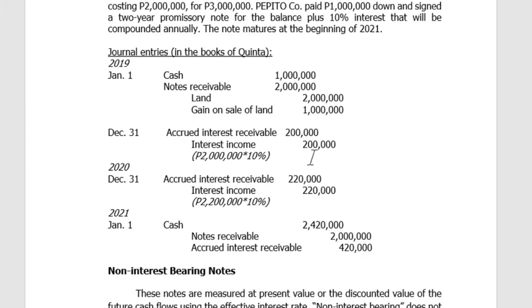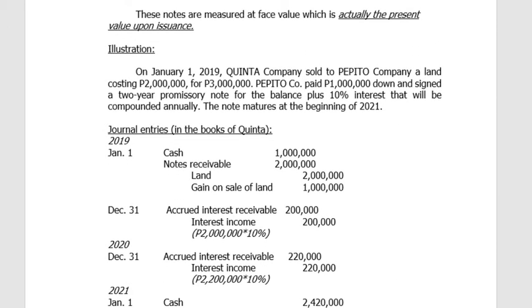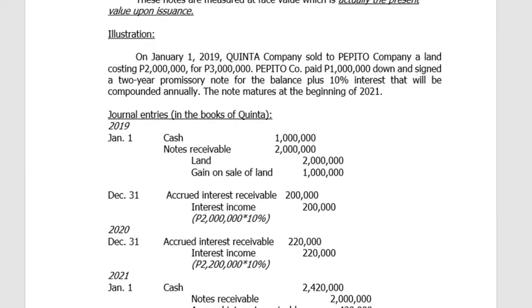Because na-receive mo na yung notes receivable mo dito, itong 2 million, plus itong accrued interest receivable ng 200,000, plus itong accrued interest receivable ng 2020 na 220,000. So, notes receivable, i-close mo lang 2 million and the accrued interest 420,000. So, this is the recording in the books of the receiver of the notes receivable